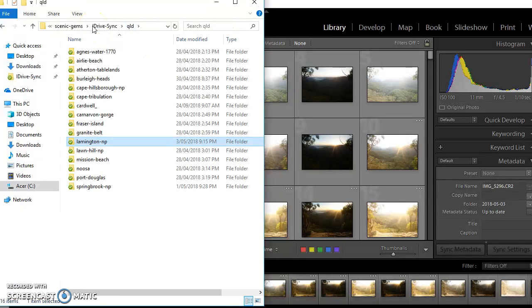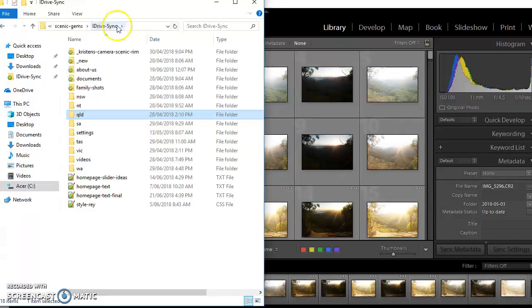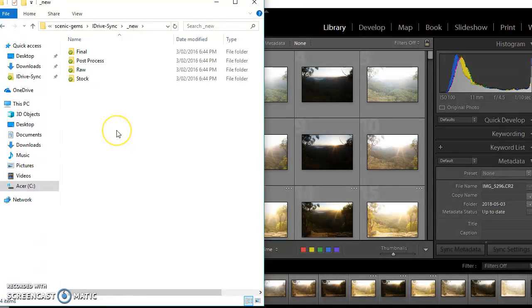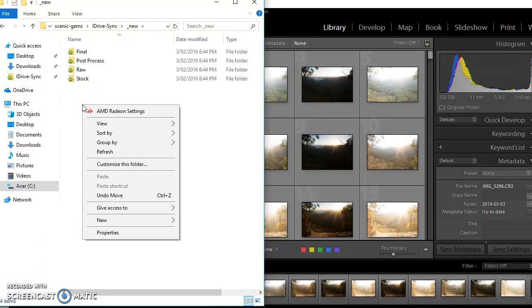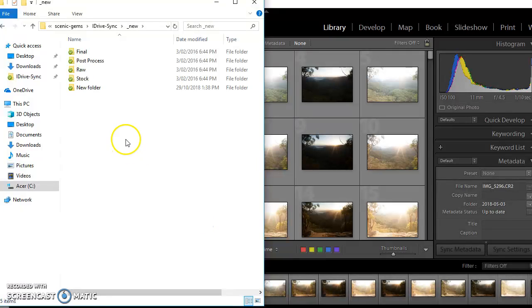Let me just go out and show you. I've got a folder here called _new. The underscore just puts it at the top of the list. There should be a folder in here called pre-process. I don't know why it's not there, but I'll go to the new folder, pre-process,